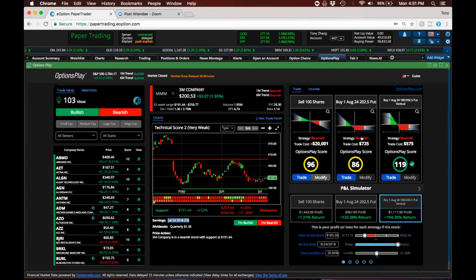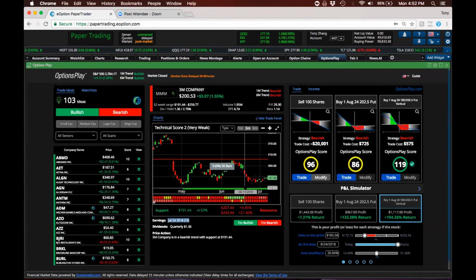You can buy a put option, which only costs you $725 per contract, or you can buy this put vertical, which costs you only $575. So like I said, when you're talking big cap names, they don't tend to move as much during earnings. You may want to look at a strategy more like a call vertical, versus if you're looking at a tech stock or a biotech stock that may have huge moves on earnings, you might be better off trading that call or a put. But this tool really allows you to put these two strategies side by side, go through different scenarios, and actually decide which one's best suited for you.